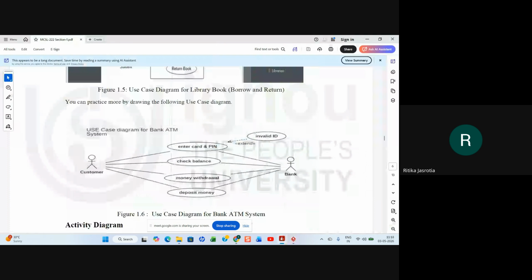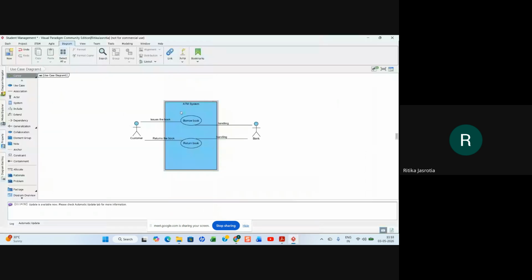So your use cases are enter card pin, check balance, money withdrawal, deposit money. So one of the use cases, enter card pin, right? And check balance. We can have other use cases also.